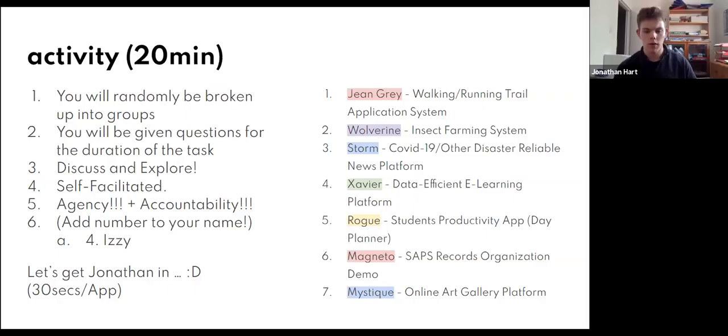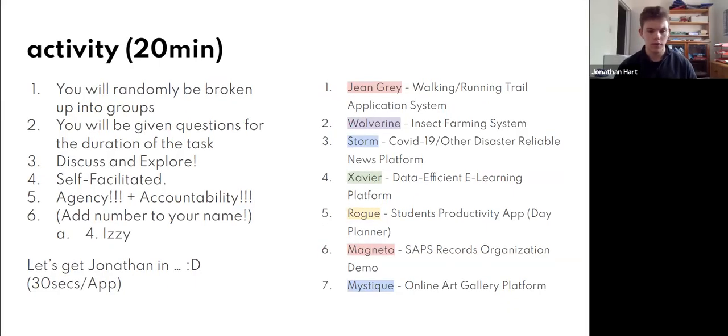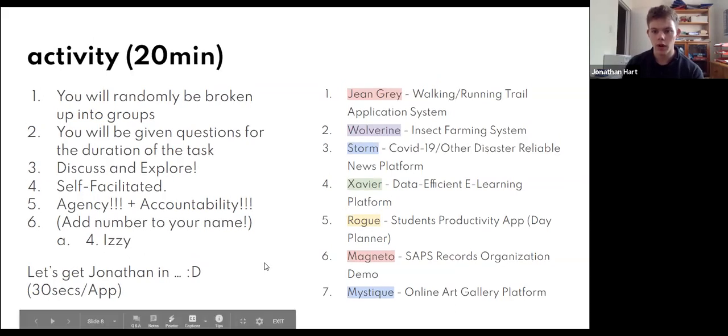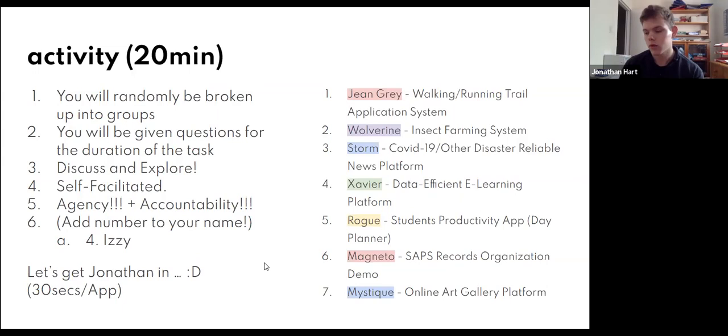Considering or wouldn't want to get involved in, so that you can look at it from a fair set of eyes. You're not already invested in that idea, haven't already got a preconceived design in mind. So just the themes behind each of these things I'll go through. The first one, this idea of a walking or running application, the trail application,